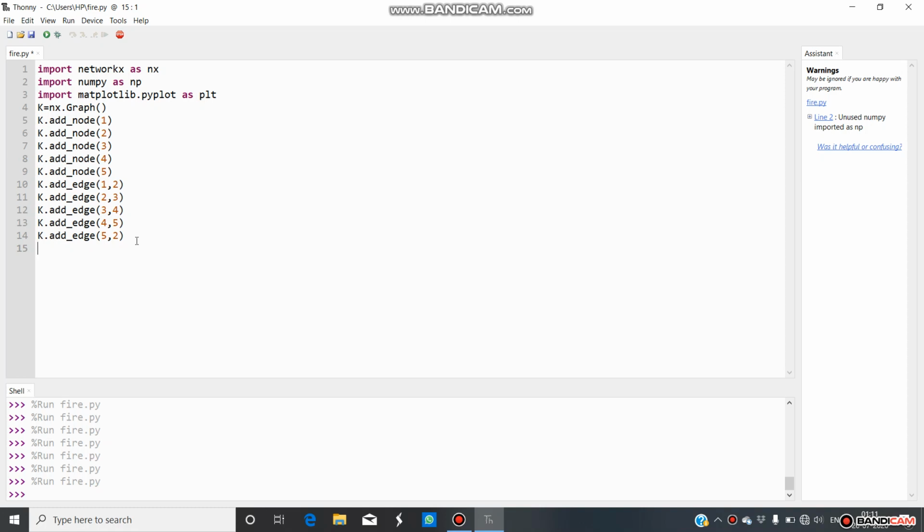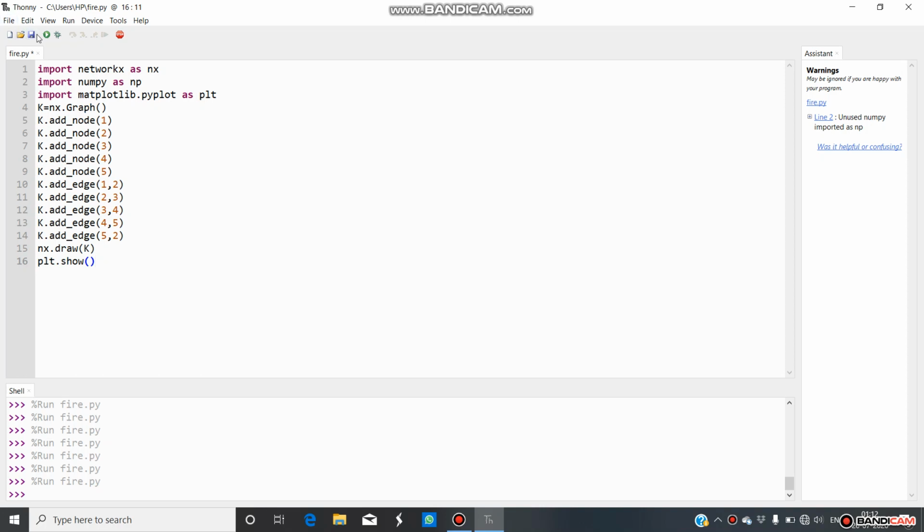For visualizing the graph, the function used is nx.draw(k), where k is the name of the graph. nx dot draw, capital K. And to show the graph, we will use plt.show.